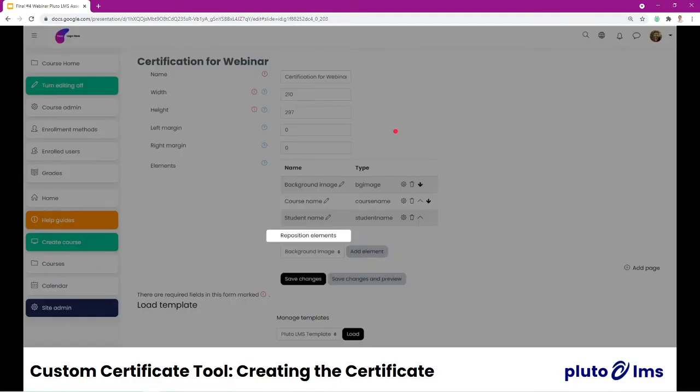And once that's saved, what also I did was I added the student's name. So I've got a background image as an element. I've got the course name. I've also got a student name. What you're going to want to do then, once you've got all the elements that you want within